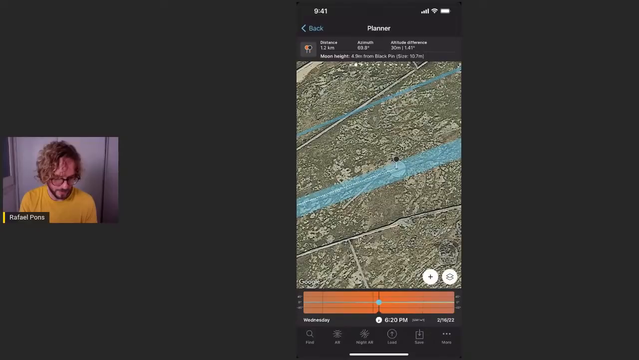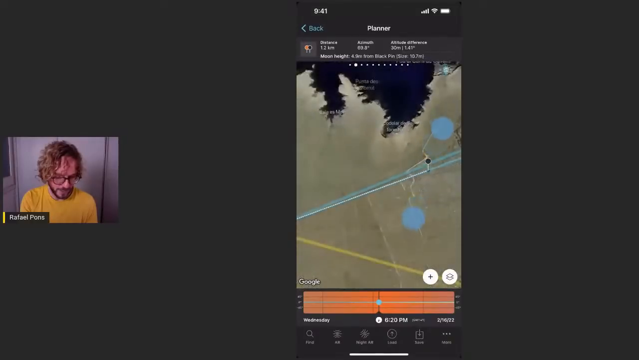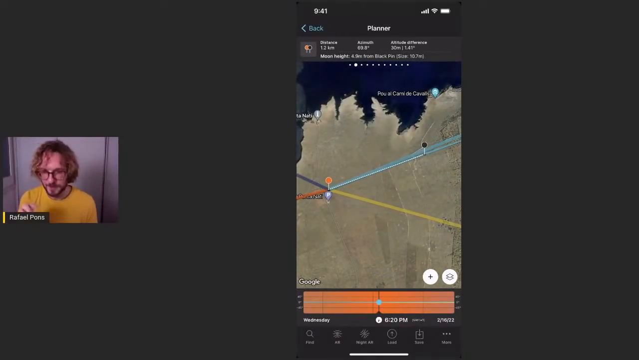Okay, here, more or less, yeah. Okay, I think I have my plan. But first, let me give you a really quick trick on how to adjust your shooting, your red pin